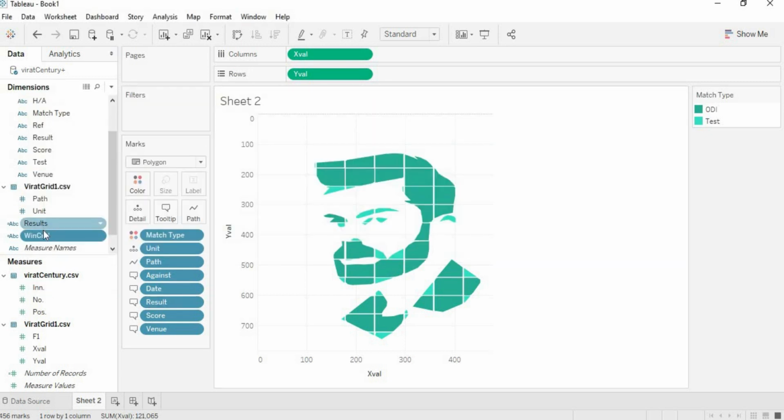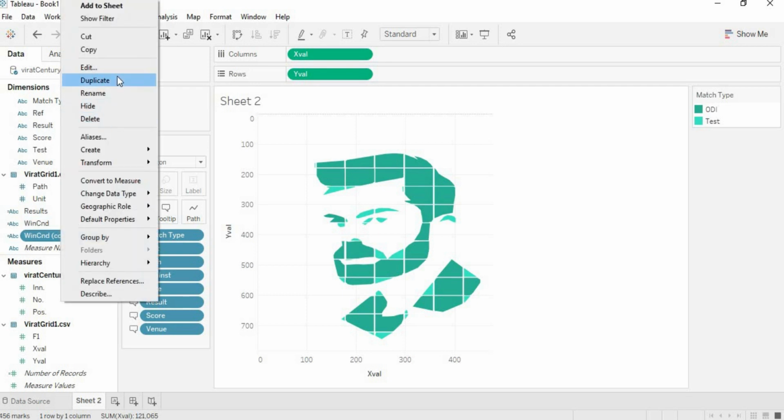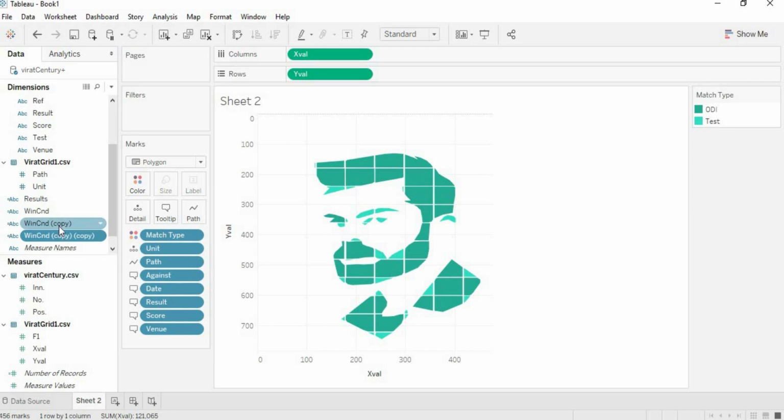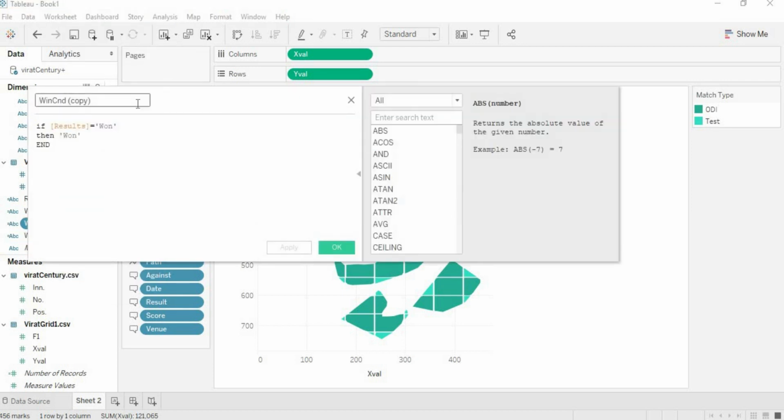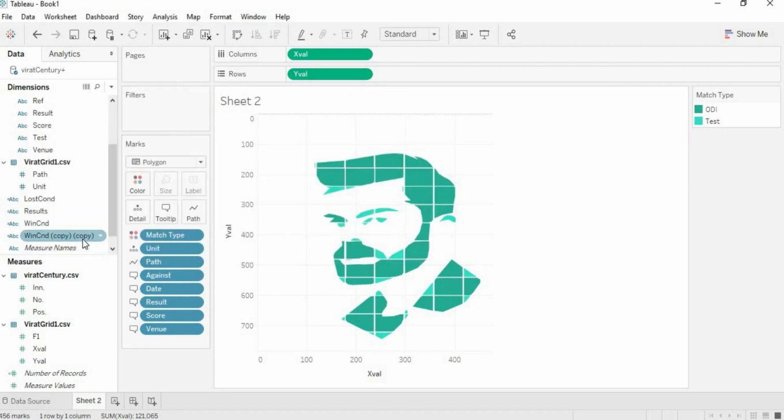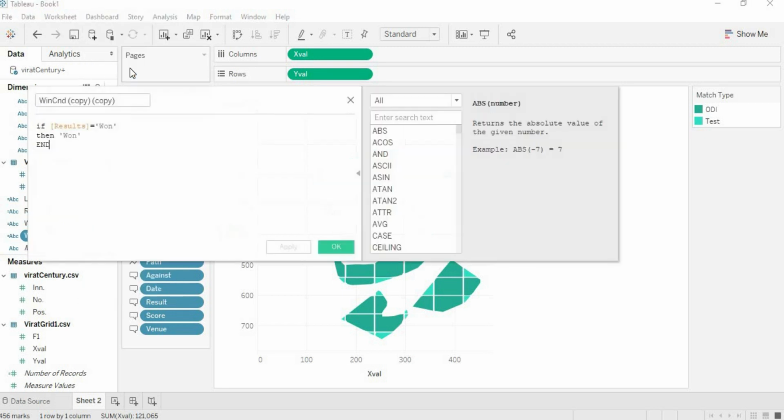Now duplicate it, edit, lost condition, lost. Edit, drawn condition, drawn.